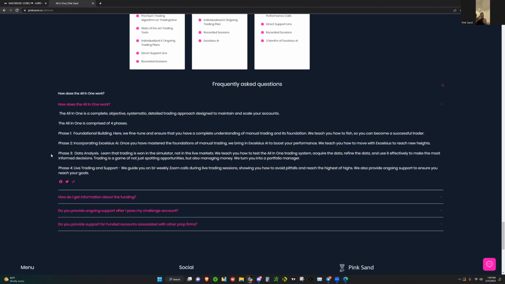And so with that, we teach you A, how to backtest, but B, more importantly, how to acquire the data and refine the data, because what this program teaches you is about acquiring data, refining the data, and then dictating what types of trades you ultimately want to put into the market based on what your backtesting does. And then lastly, we move into the 4th phase, which is we do the live